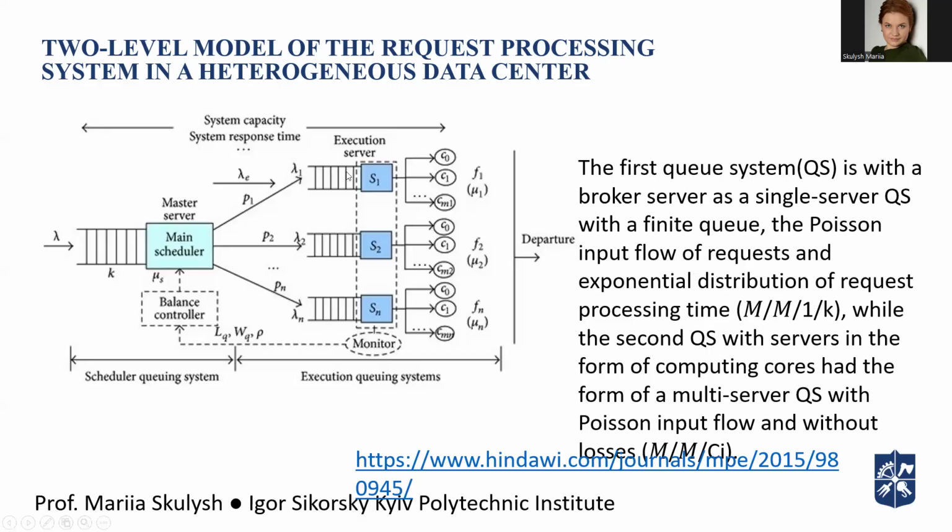But each server has, for example, its own queue on one side. On the other side, it has its own computational resources, K0, K1, and so on. And therefore these computational nodes also have some functions. It's mu, the density of processing. So we have such a system. You can see here that the queuing system is M/M/1/K. It means that